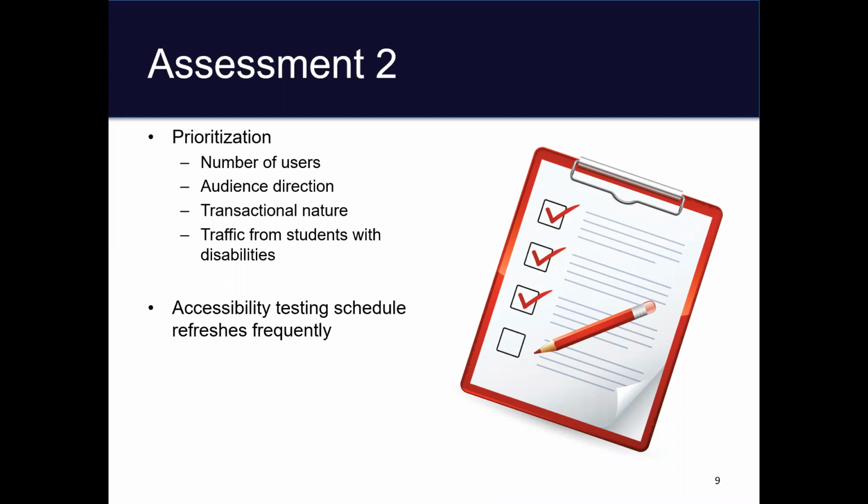However, because new sites are always developing and old sites are being refreshed, the accessibility testing schedule refreshes frequently. A new site meeting multiple criteria might trump an older site that meets only one criterion. Also, if a site is scheduled for major updates, there's no sense in reviewing it prior to the update, even if the site is high priority. An example is the Center for Students with Disabilities site, which, though high priority, recently underwent a major update. So we considered accessibility throughout the new site's construction, and we tested for accessibility during the development phase.